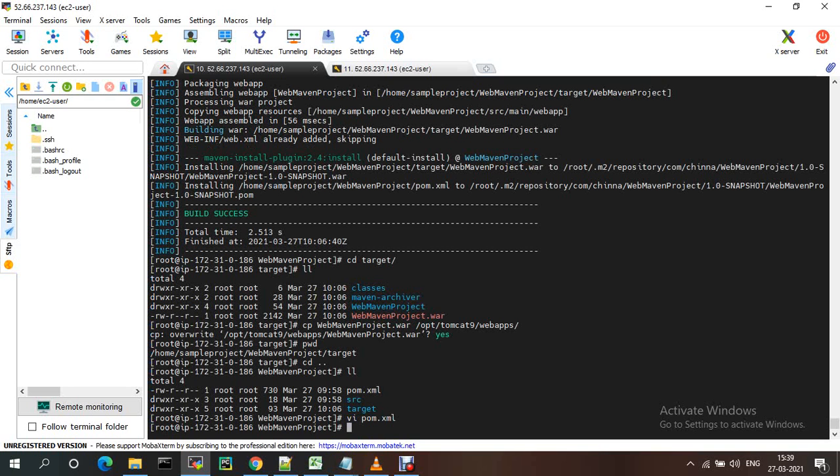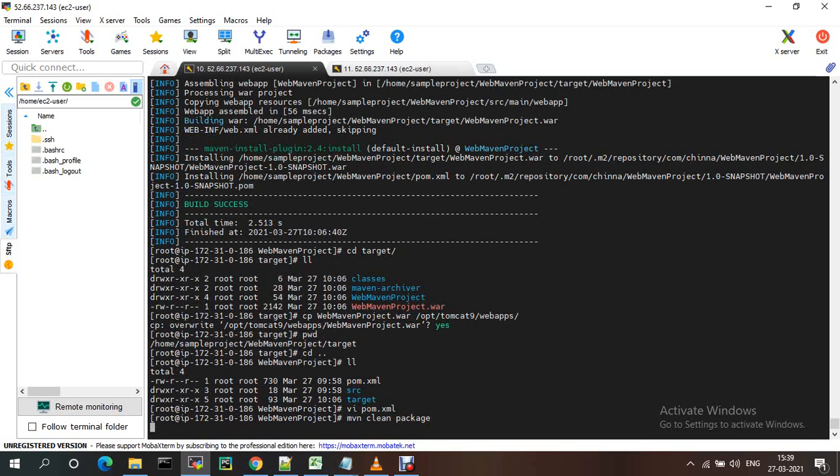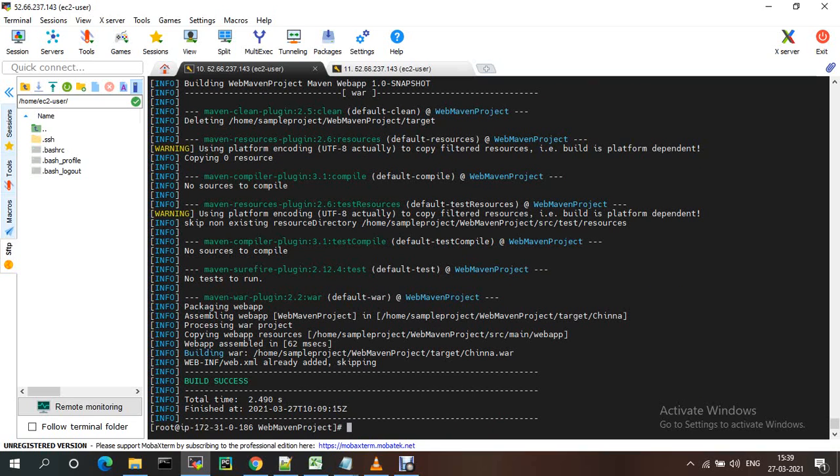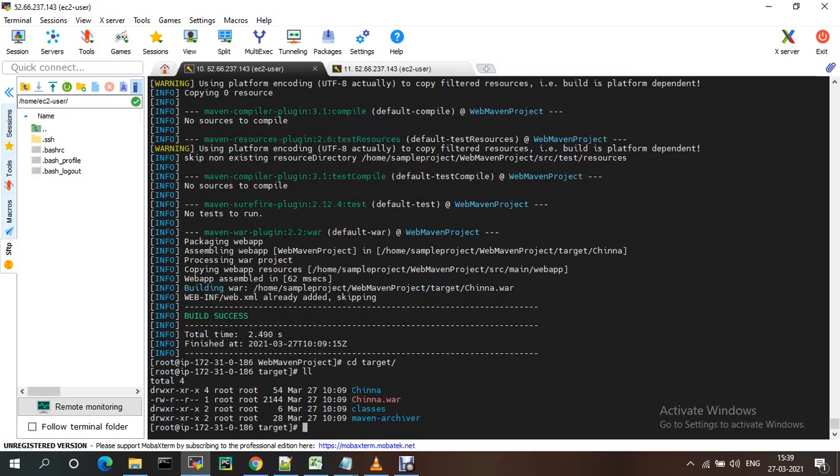Now the war file and the project name will also be changed. Run mvn clean install or package, anything. It will generate the new war file. If you go to target, the project name should be changed. See, chinna.war, instead of web maven project, the name is changed.